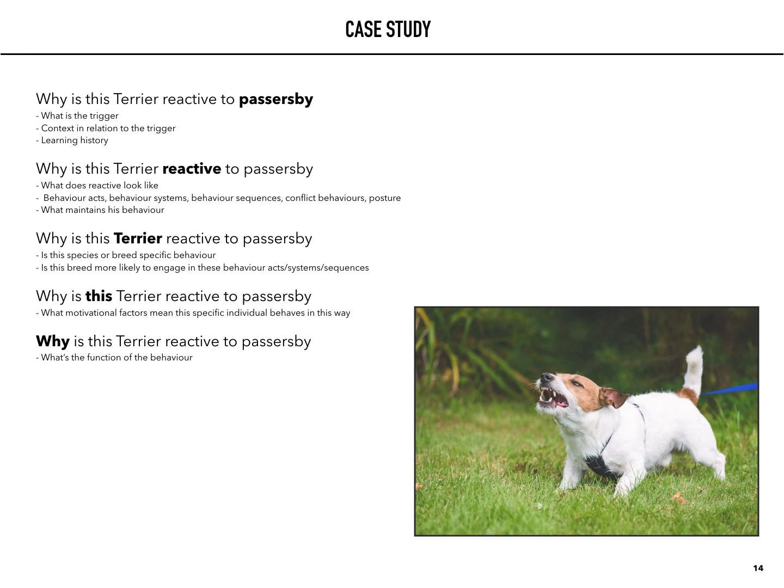So why is this terrier reactive to passers-by? Well, first, what does reactive look like? What does it even mean? In this case, it's high-pitched barking, lunging, showing piloerection, or when the other dog responds with barking, he'll hide, so there's some escape behavior. His posture: he has a lower than neutral body posture, his ears are lowered back, he leans forward with his front legs and his head, but his back legs are kept back. His tail is in a neutral position for a Parson Russell.